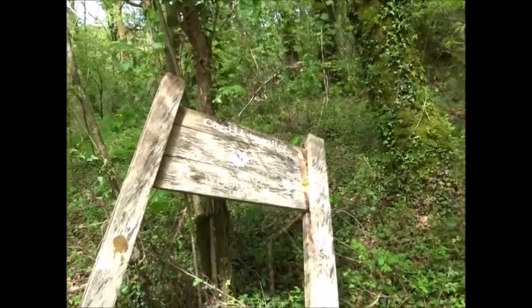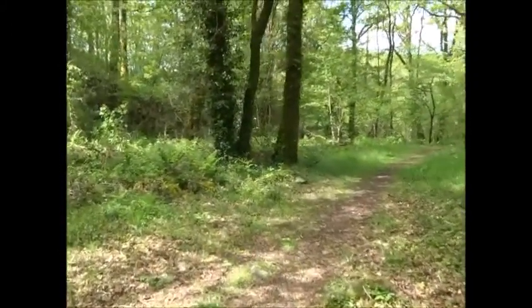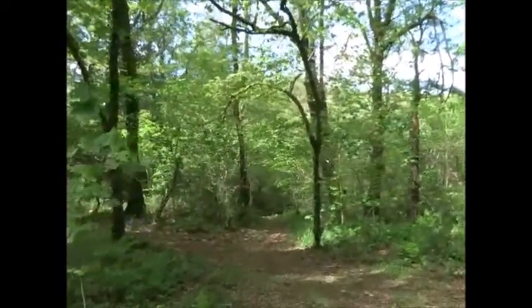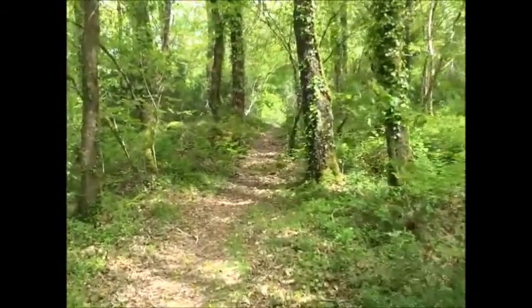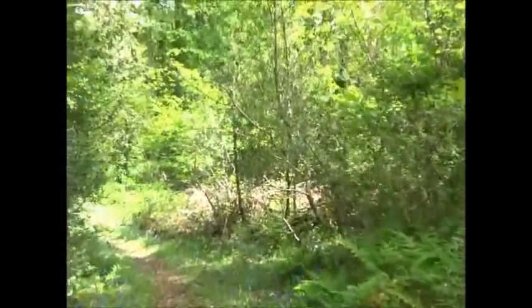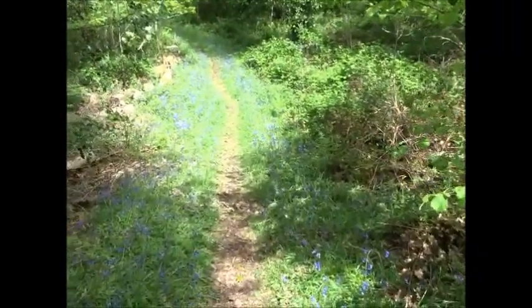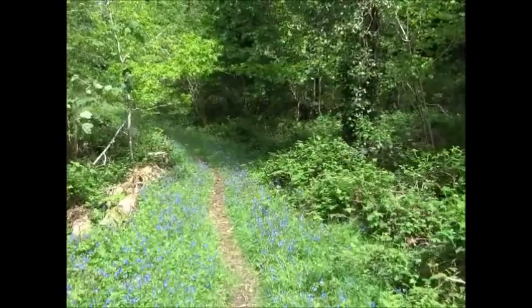Okay, surprisingly, Woodland Trust haven't got around to repairing this sign yet, but they have been doing some work in this woodland recently. Okay, the bluebells. It's the 22nd of May, so